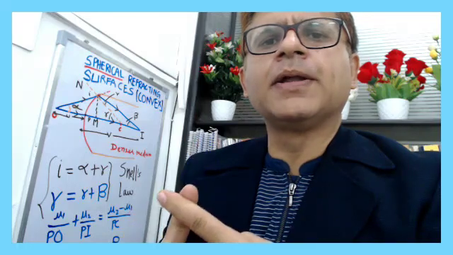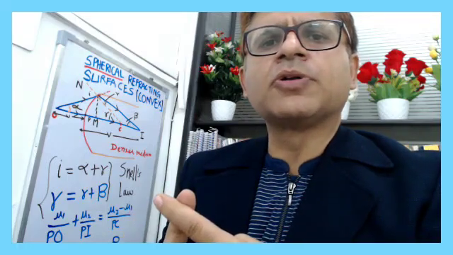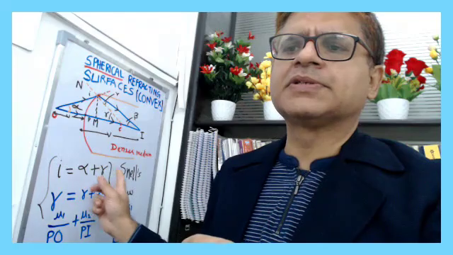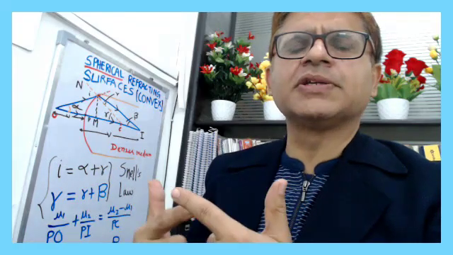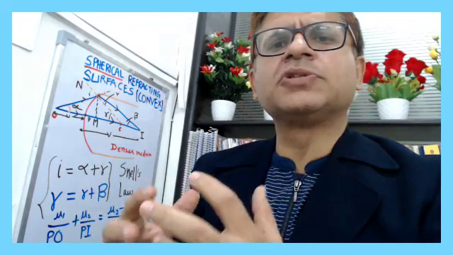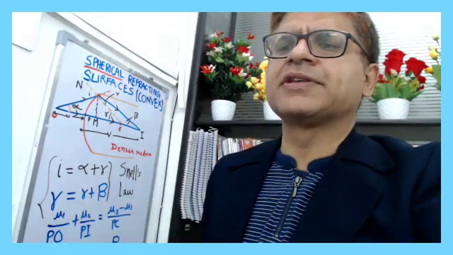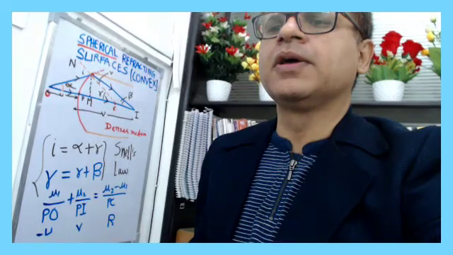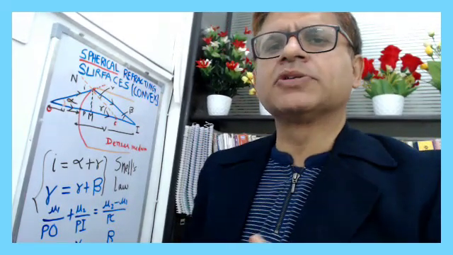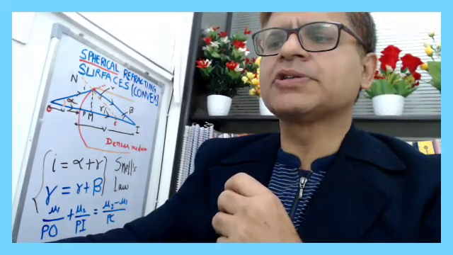You have applied the concept of the Snell's law, which is refraction. You combine these two, trigonometry and some Snell's law. What you will finally get is this expression, which you just see on the board, mu naught upon minus u. So if you want to do this derivation, very